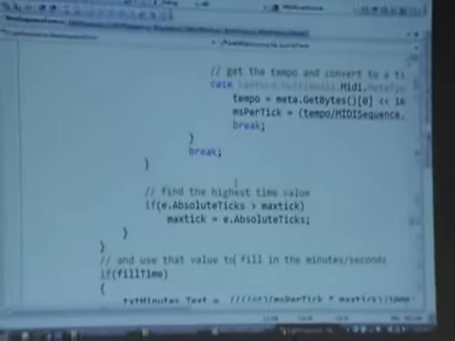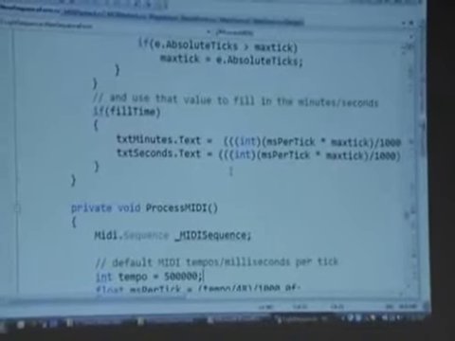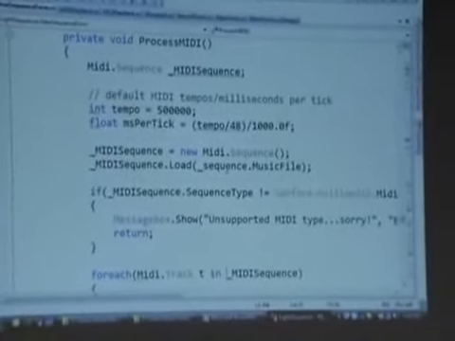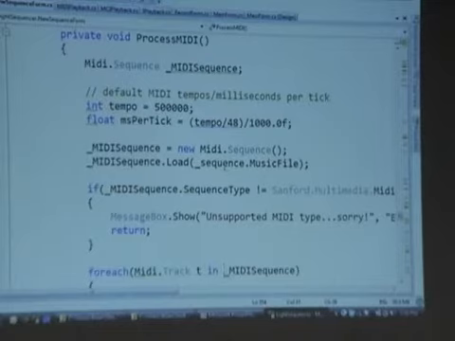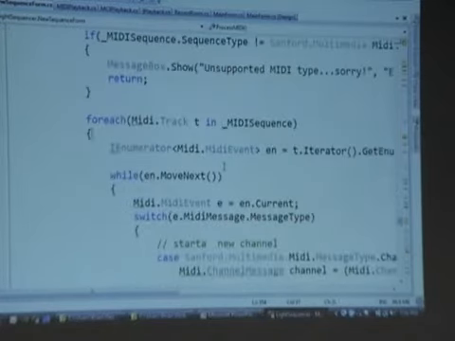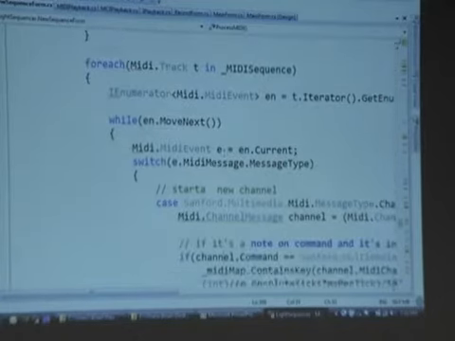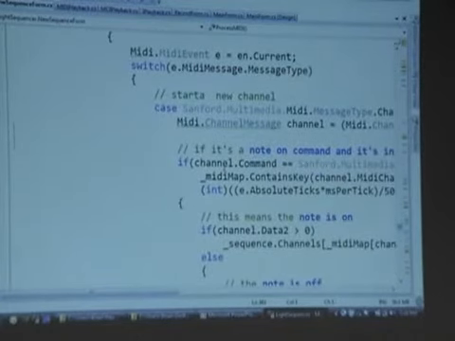And the second time through, I have to look through the MIDI file once to grab all the channel information, the artist information, whatever bits I need to fill in all of my new sequence grids, so the fidget grid, so I can map the channels in. And then I have to go through the whole thing again, because now that I know the timing, I know how many channels there are, I know how long the file is, I can actually process the file. So the second time through, it does a lot of the same stuff, for every track in the MIDI file, I'm looking for these channel messages, except this time, I'm looking for a note on command,